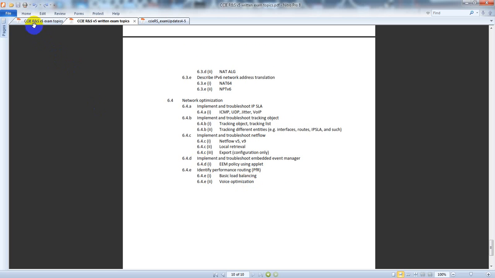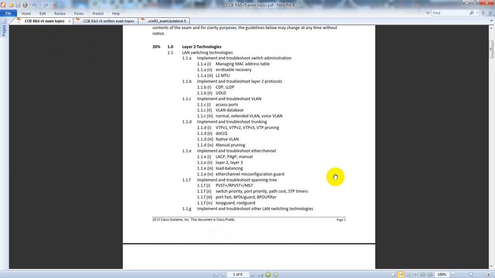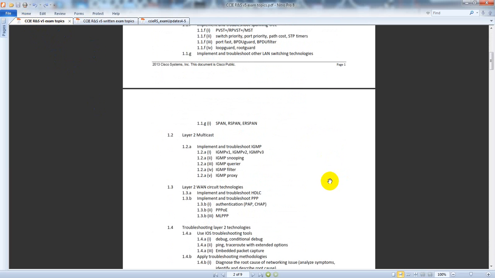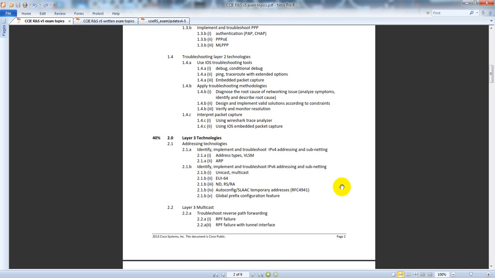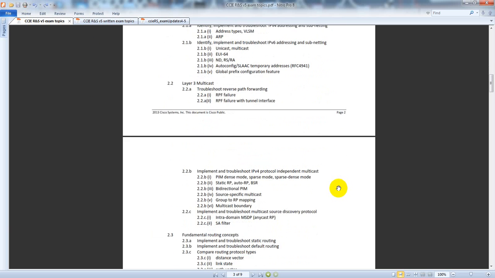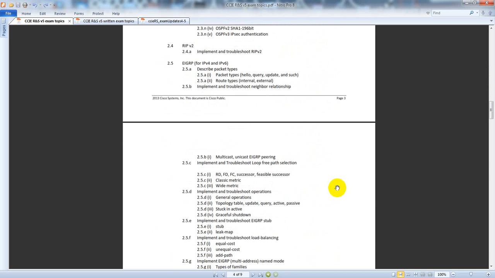And then the last thing we're going to talk about is the CCIE actual lab topics. It's going to be pretty much a replication of the written, so I'm going to skim through. Most of this stuff is the same. So troubleshooting layer 2, we'll deal with the embedded packet capture. Well, like I said, most of the stuff is the same, but until we get to EIGRP,